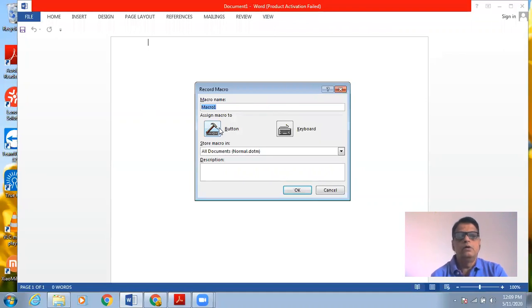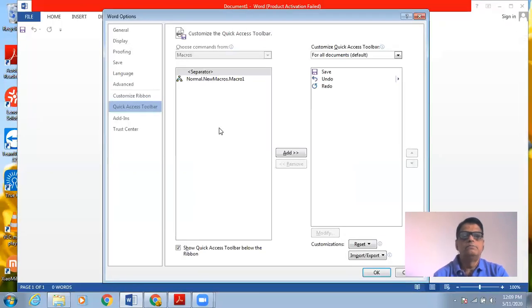And suppose we are applying this macro for all the documents. Therefore, here we will keep it for all documents. If you want this macro to be available for a specific document, then you can select a specific document as well.